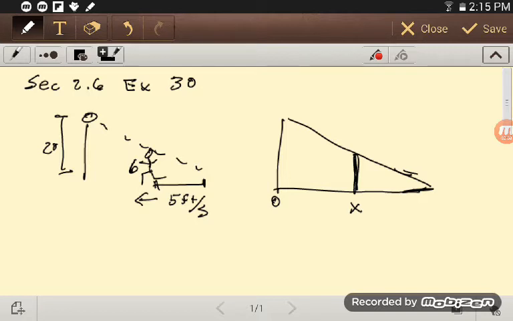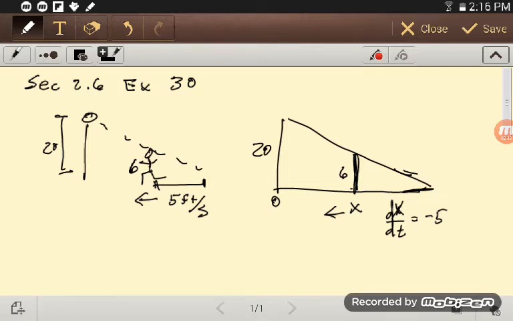Now here's where you've got to be careful. If we're moving in toward the light, then this is actually the derivative of how fast x is changing. So our dx/dt is actually -5, because we're heading in. X is getting smaller. Okay, so we know that is always 20, and we know that is always 6,